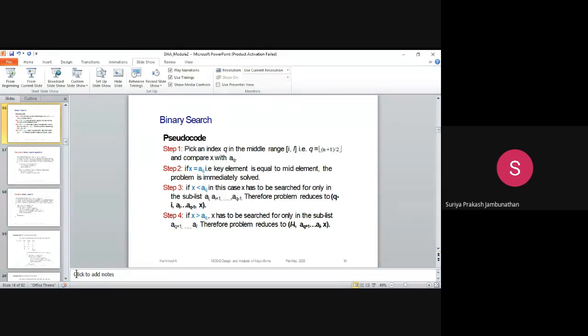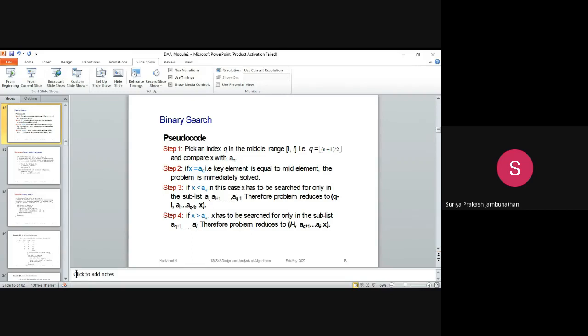Whatever solution thought you have will be written in the form of natural language. Natural language means the English language. You are writing the points. For example, I am given a sorting problem. For that sorting problem, how will I get the solution? I write it in my natural language. Then the natural language content will be converted into pseudocode, which you are seeing on the screen. Next, the pseudocode will be converted into a program.